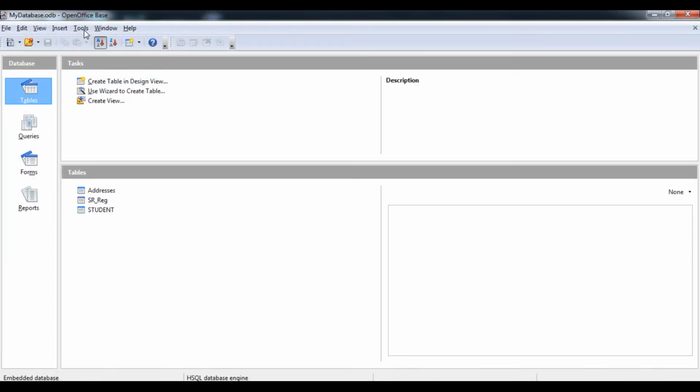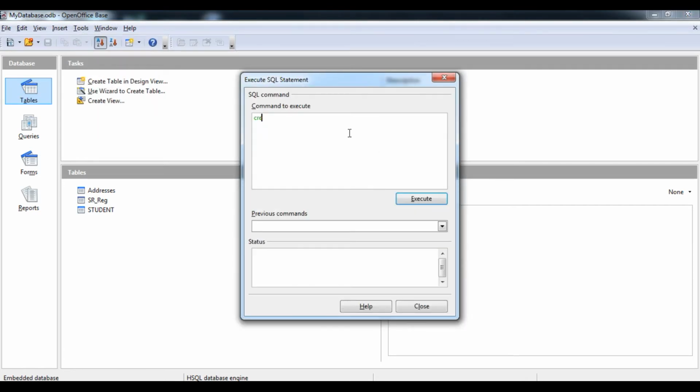Now we are going to create a table. With the help of SQL command, go to the SQL option, and here write create table. Table name, suppose my tab 1. Here is roll number, integer, that is int, and then name, that is varchar, within that 20.